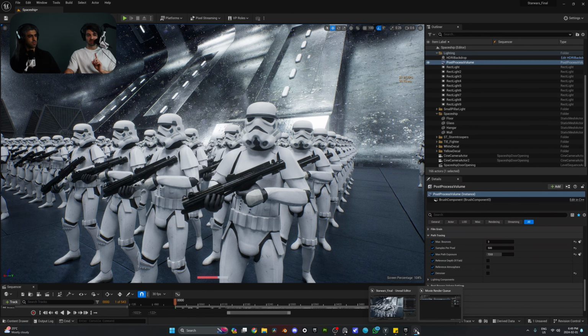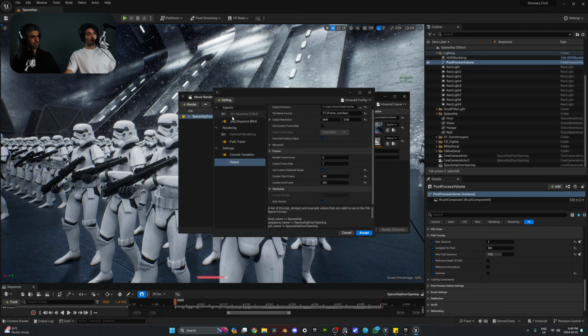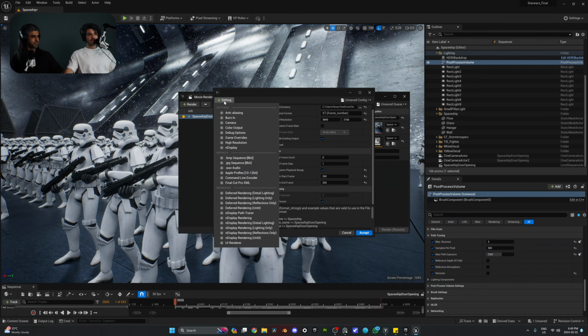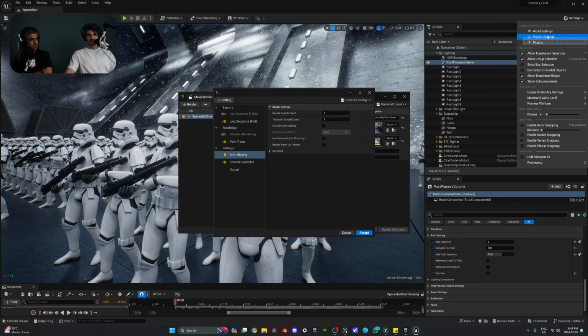You need to change them using the anti-aliasing setting. So we're going to go to unsafe config. We're going to keep all the settings the same, but go to settings, and then anti-aliasing. For anti-aliasing, this is already working in your viewport. You already have something called, I believe, super resolution. So in your project settings,